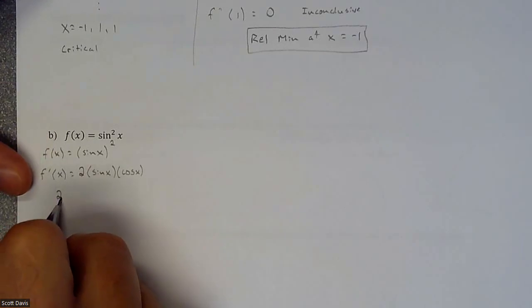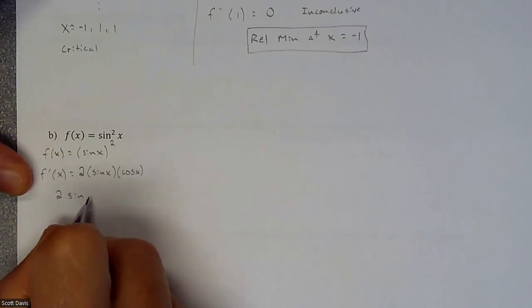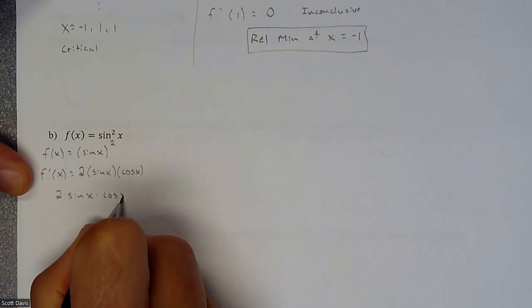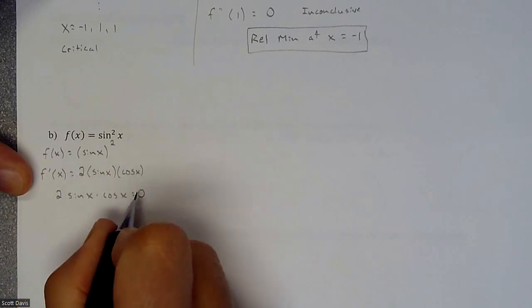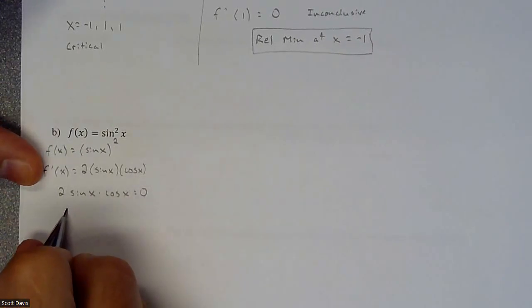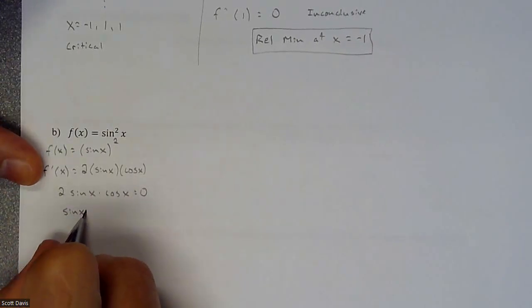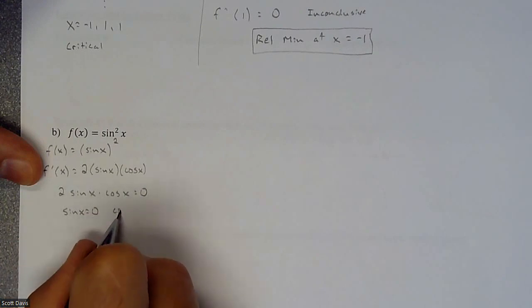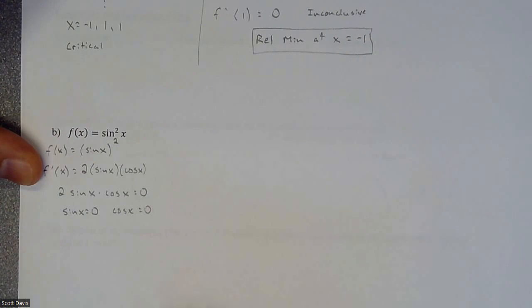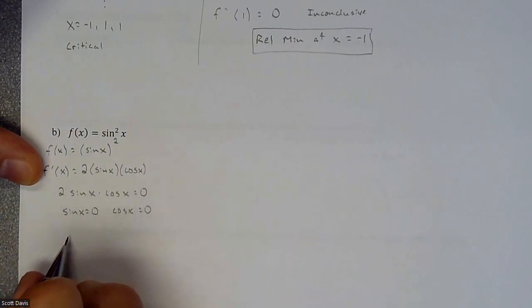We would be taking that and setting it equal to 0. So 2 sine x times cosine x equaling 0. And we want to know when sine x equals 0 and when cosine x equals 0. All right, so for sine x equaling 0,